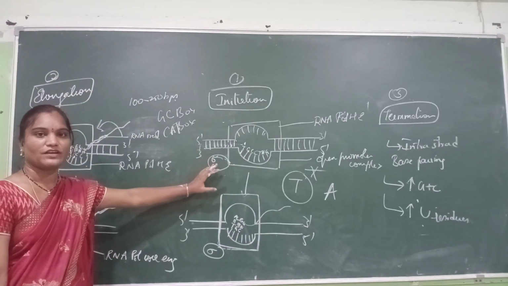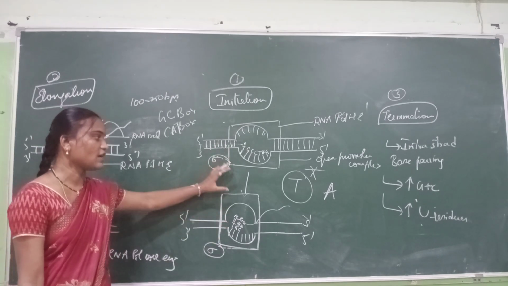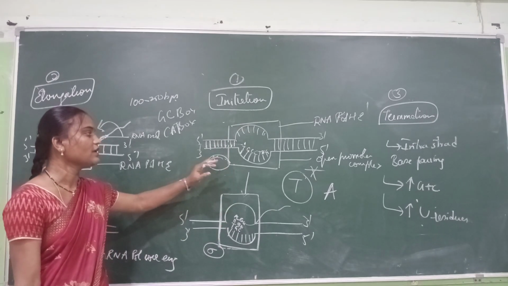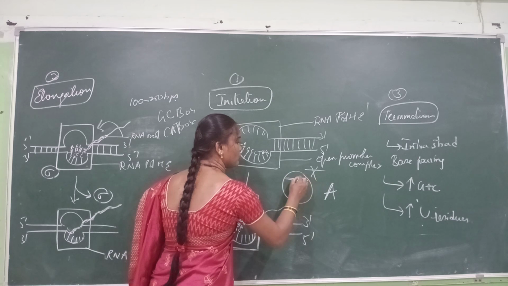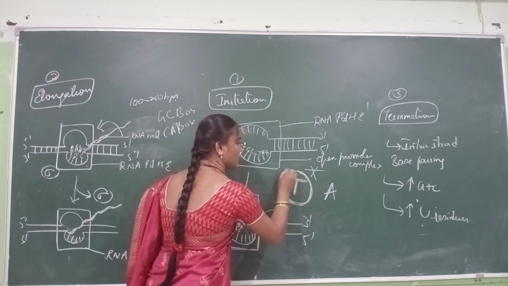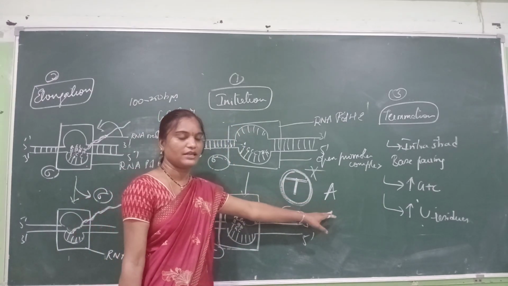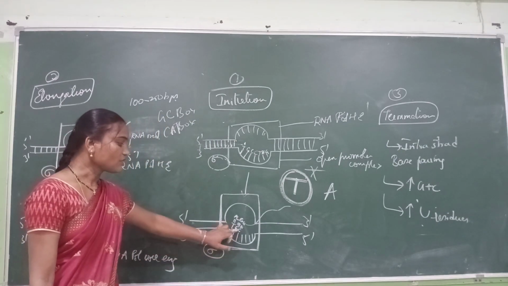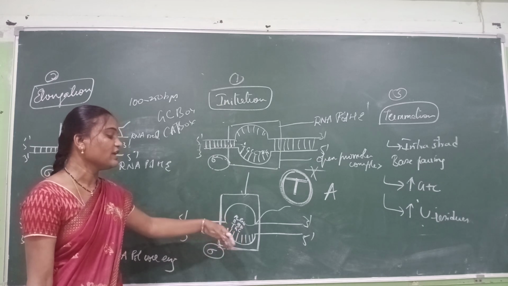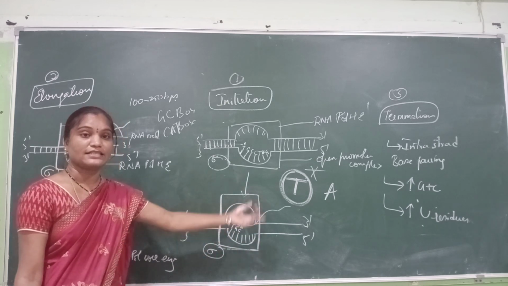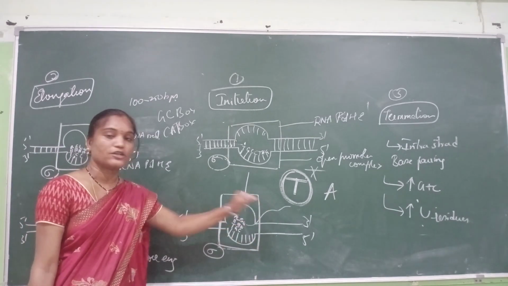In initiation, the first step, before initiation, is formation of the open promoter complex. Next, after formation of the open promoter complex, your initiation step proceeds. Here in the initiation step, the first trinucleotide being transcribed from your DNA molecule to your RNA is thymine. Hence, on your RNA molecule, adenine is formed. Next is the formation of guanine or cytosine, and it is transcribed into your RNA molecule. See, here G is there, C is there, G. So this RNA molecule is being transcribed.